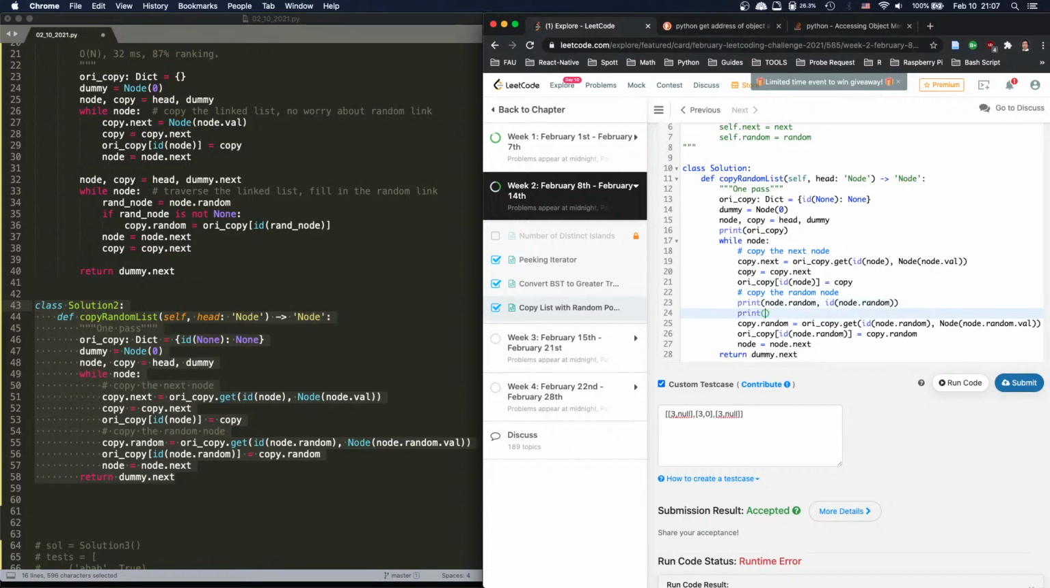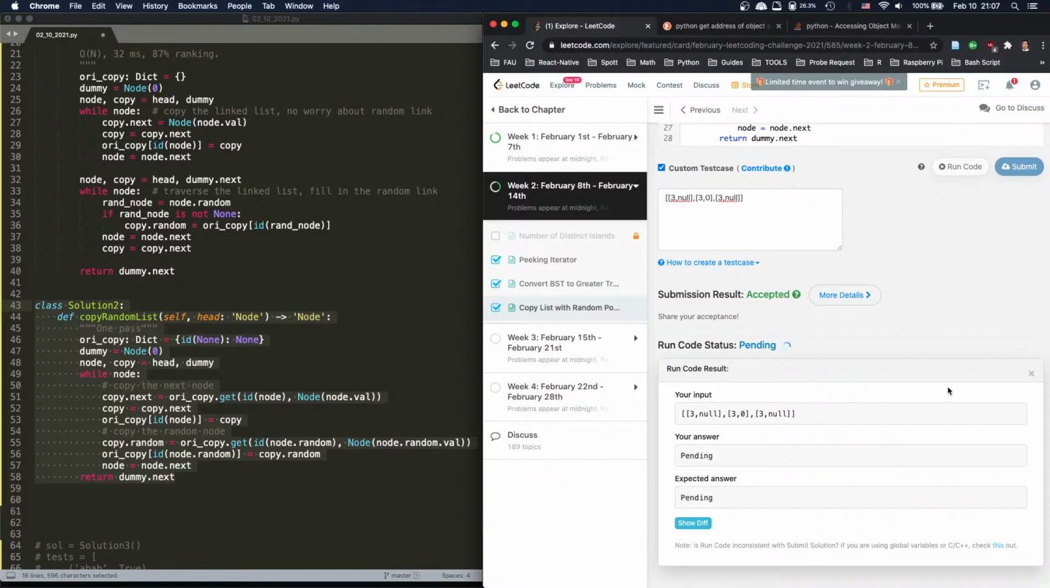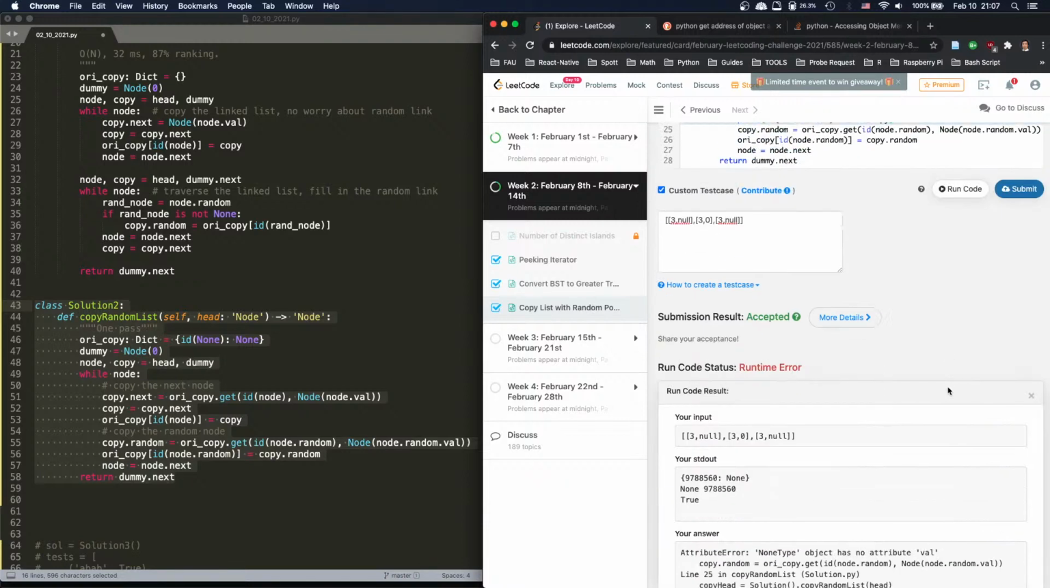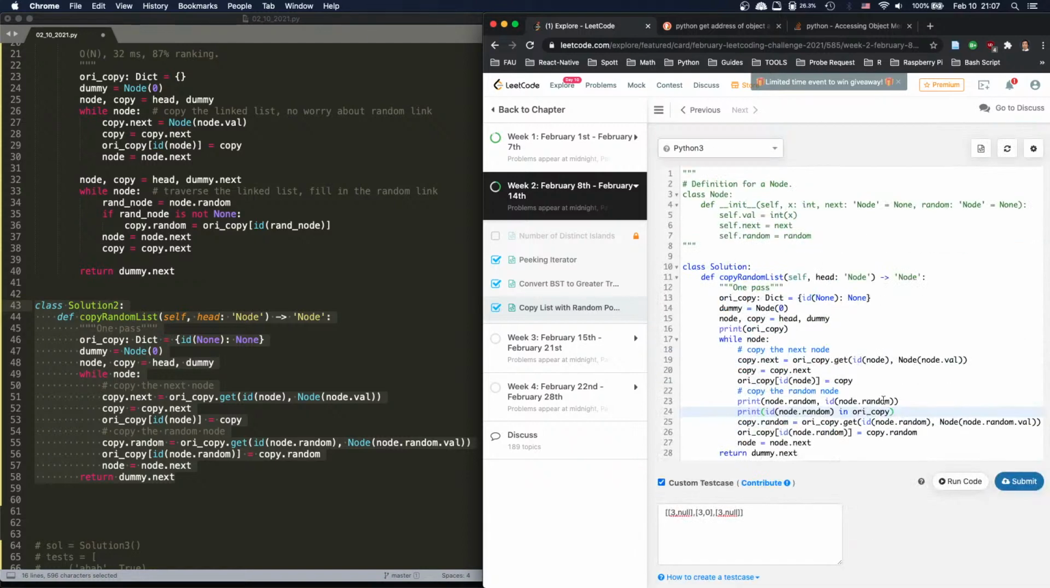So if I say ID node.random in the copy, this should give me a true. Yes, it's true. It is true. All right. And then if I say